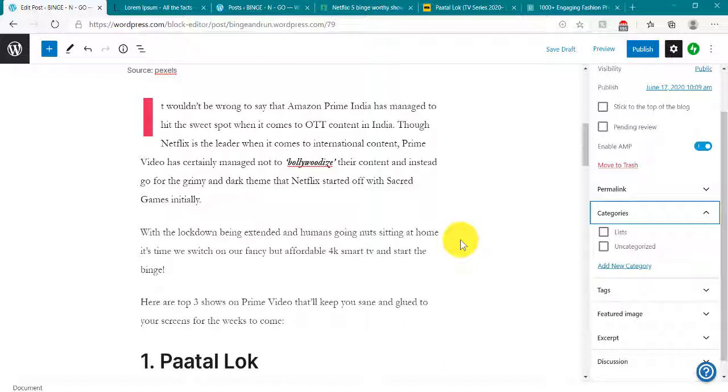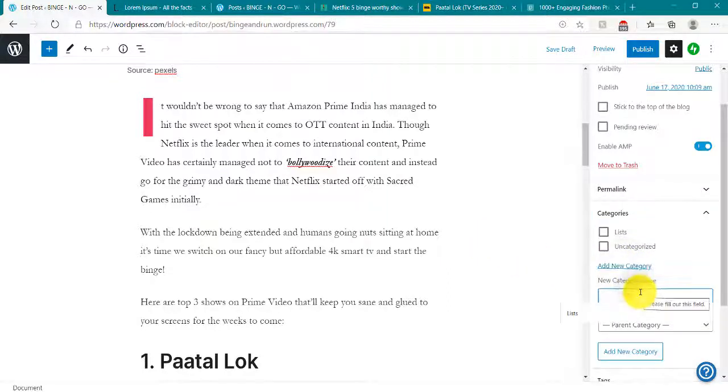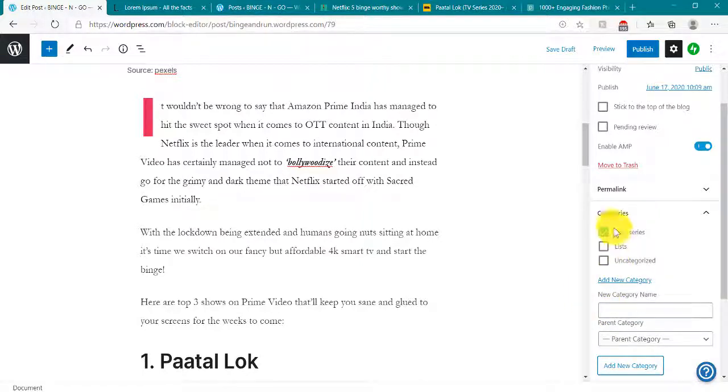Now this article is regarding a web series, right? So what I'm going to do is click Add a new category here and type in web series. Now whenever I create a new article and add the category web series, if somebody clicks on web series, it will take them to all the different articles that are grouped under that. Okay, if it sounds a bit complicated, don't worry, I will show you exactly how this works. So I just typed in web series and I'm going to click add a new category, and it's added, web series.